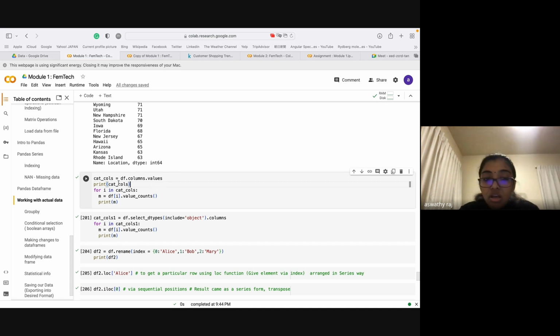And for i in cat_cols, I'm defining a variable that loops over each column, df of i, because earlier I was given a particular column, right, gender. If I want to see how many male and female, I do df of gender dot value_counts. Now I just give an integer i, so it goes through all column values. And if I print this,